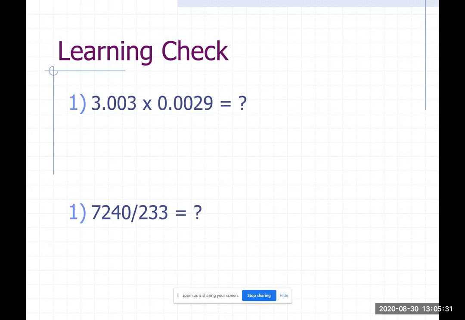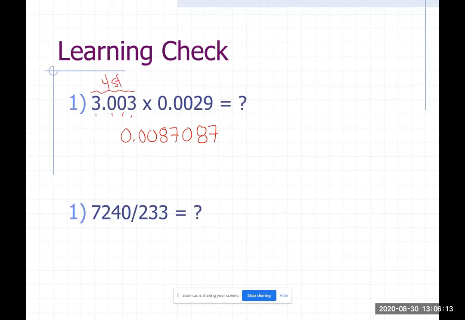What I get is 0.0087087. Then I want to look back and apply the rule. The rule for multiplication division is your answer is going to contain the same number of significant figures as your data value with the least number of significant figures, because our answer cannot be more precise than our least precise data value. If we look over here, we have 1, 2, 3, 4 sig figs,